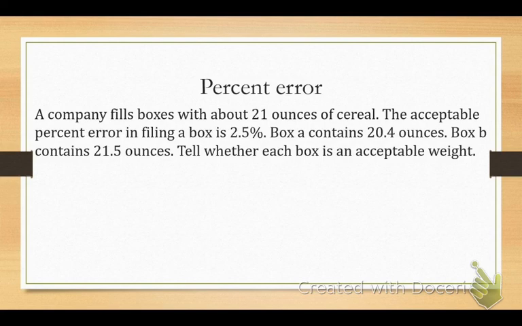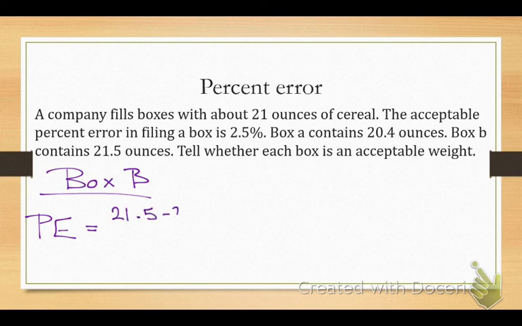All right, box B. Okay, percent error equals 21.5 minus 21, and what do I divide by? What do I divide by? 21. What's supposed to be there? So now I have 0.5 divided by 21,